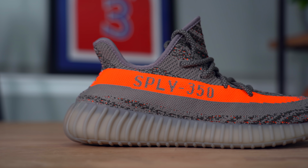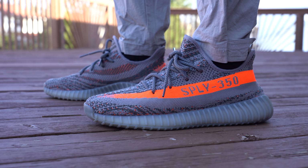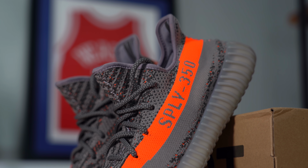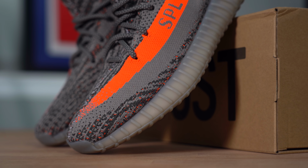Yes, there are definitely some changes between the original 350 V2 and the newer 350 V2s, and I think if you value fit and comfort and sizing over anything else, get one of the newer pairs. However, for me, I just love the way that the originals look. I love the patterns that they used, I love the colors that they used, and in particular, this Beluga colorway is just so unique and so lovable. So for me, if I had to choose any pair of 350 V2s, I would definitely go with the original